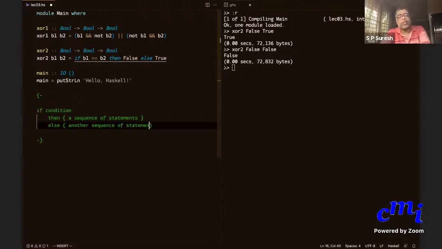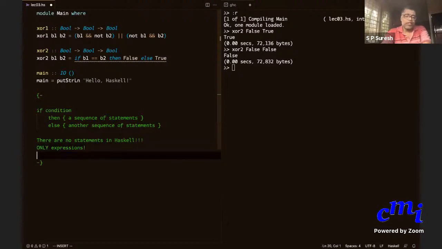But there are no statements in Haskell, remember. Only expressions. For now at least.